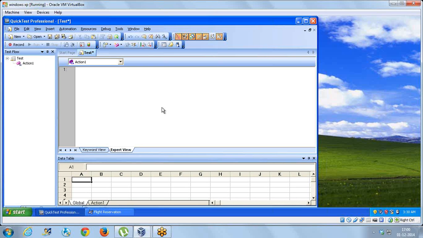Parameterization. Do you remember? Yes, parameterization. Where you enter data in this data table, and you run the script to the data what you have got in here. But instead of that, if I need to enter data by myself, manually inserting data at runtime,